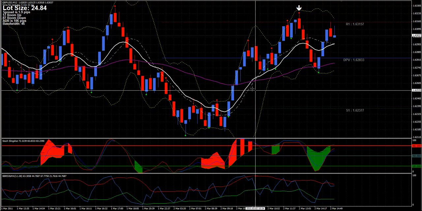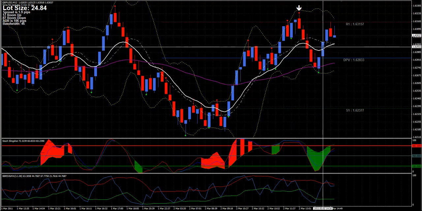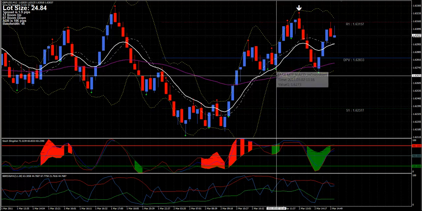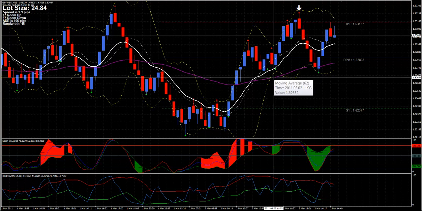First, we'll go over the chart setup. We have two EMAs set at 13 and 62. These define the trend as far as we're concerned. So obviously a moving average crossover up is an uptrend, and a moving average crossover down is a downtrend. Sorry about that, I'm apparently having internet issues here. But anyway,